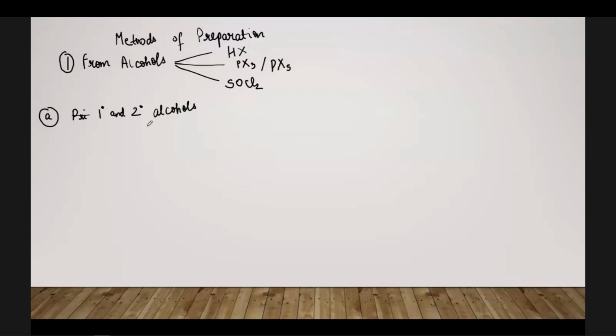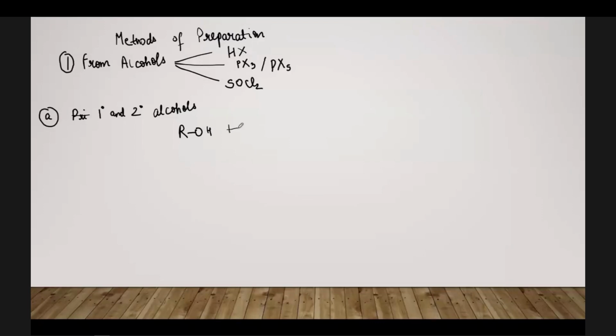So when it is attached to one alkyl group, it is primary. When that carbon is attached to two alkyl groups, two other carbons, then it is secondary carbon. So similarly here also, if the alcohol is attached to a carbon and that carbon is primary, then we will call that alcohol primary alcohol. Okay. So for this category, 1 degree and 2 degree alcohols, the reaction here is